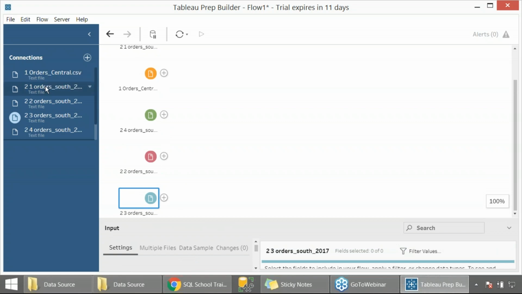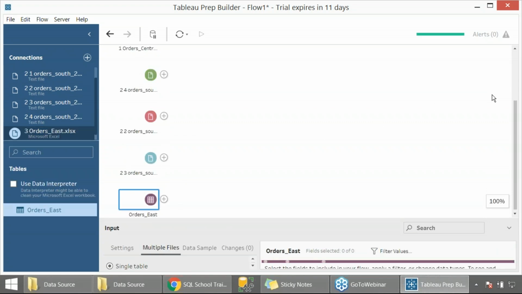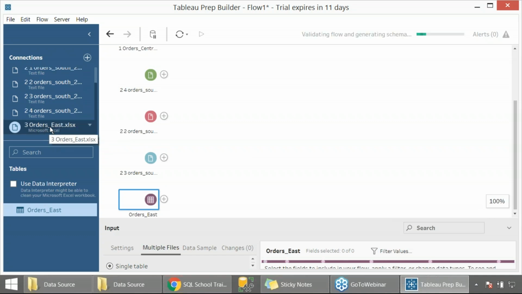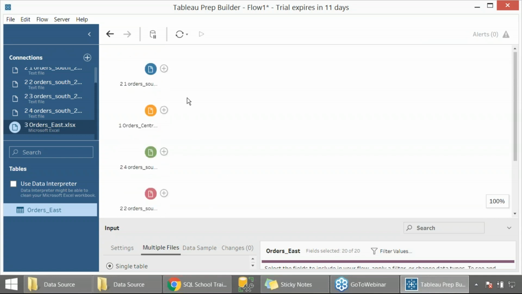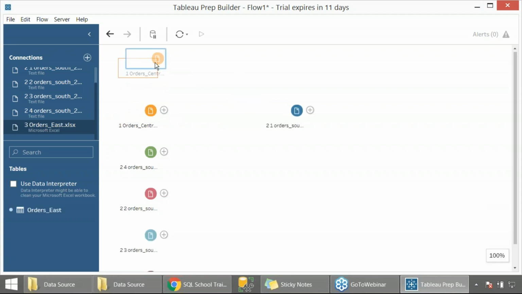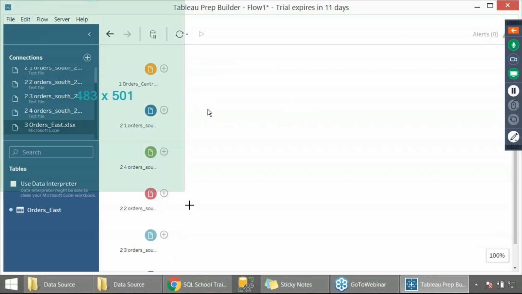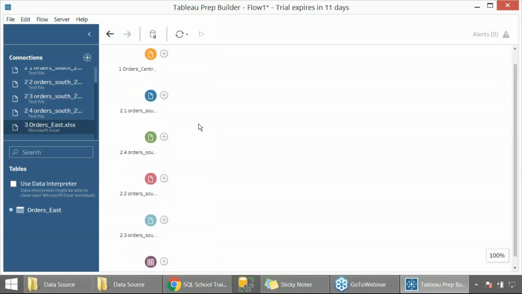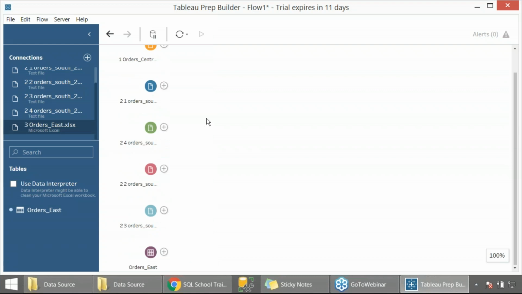So you got a few CSV files, and it took some time to get 3, and 3 is from an Excel file. Well, your sources are ready. Let's concentrate on the data sources in order. We can rearrange the position of data sources in this way. And now our requirement.